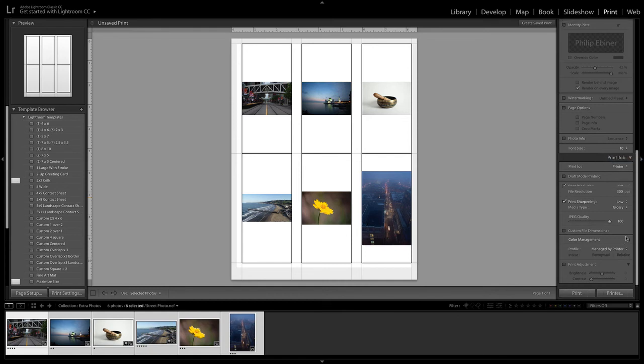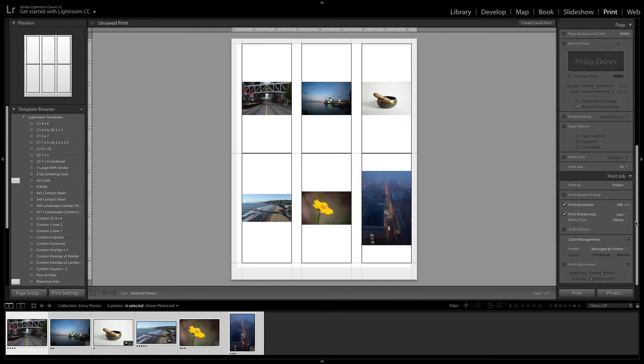If we go back to printer, you can see that we have all these settings as well. Resolution, print sharpening, color management. These are things I don't really get into because I don't print out my photos myself. But if you are printing on your desktop printer, an inkjet printer or laserjet printer, then these standard settings should be fine. When you're ready to print, just click the print button and it's going to send it to the printer. Since I don't actually have a printer connected, I'm going to exit out of that and cancel.